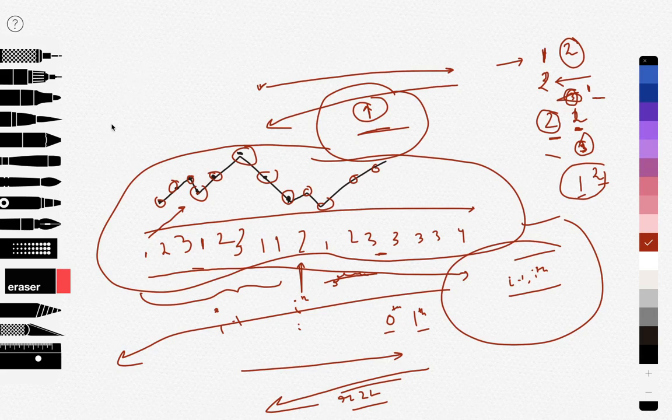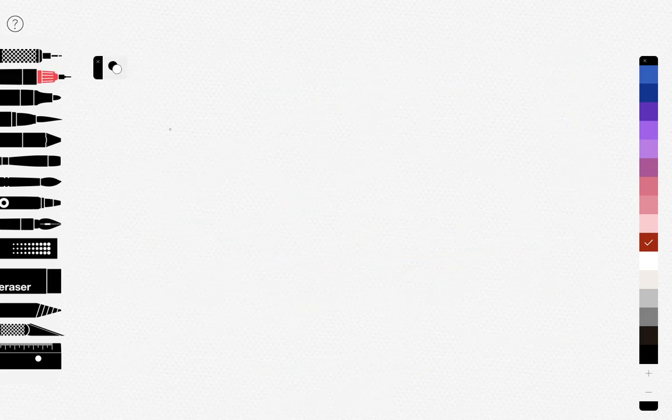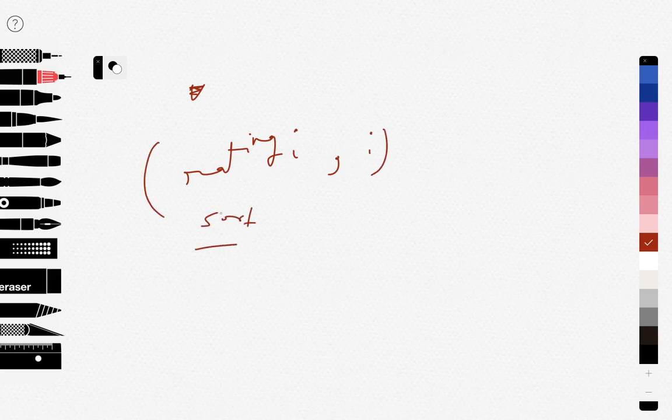We can sort the array. What we can do is make a pair of values, rating[i] comma i, and we can sort according to this pair. Then we know that the very first rating would be the smallest rating, so we can assign 1 to that, and then assign 1 to the very next rating, which is the next smaller rating. Now if the third rating is, let's say, right here, then we would assign the maximum of these two values plus 1.